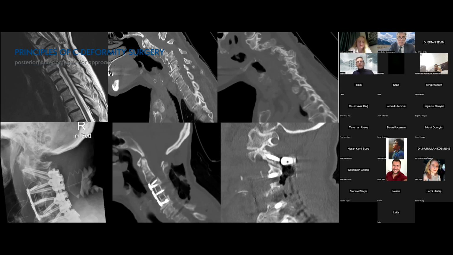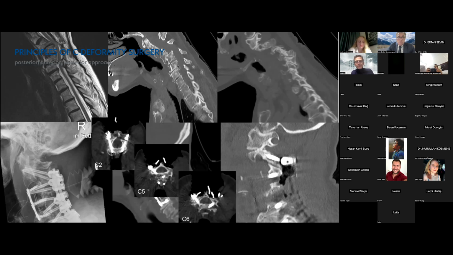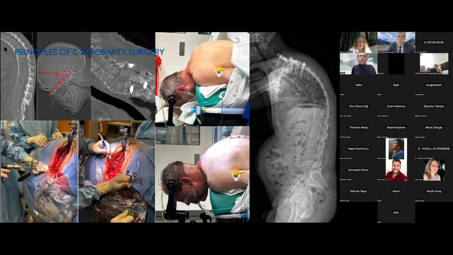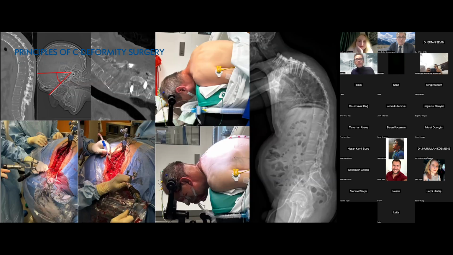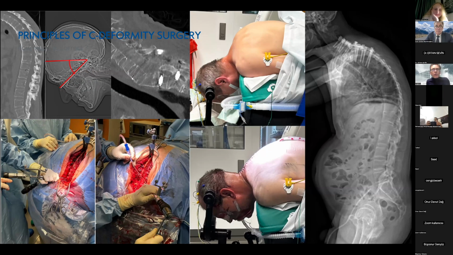We never stop at C7. So if we would stop at C7, we go beyond, we go from C1 to T1 or T2, depending on the stress that we expect, but we never stop at C7 because the failure rate is higher if you stop at C7. And if you have patients where the cervical spine is completely fixed, as for this ankylosing spondylitis patient, who is in severe kyphosis, but here the driver is the cervicothoracic junction and the thoracic spine due to this